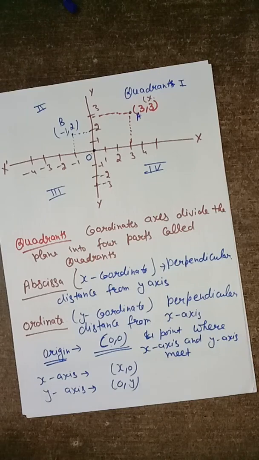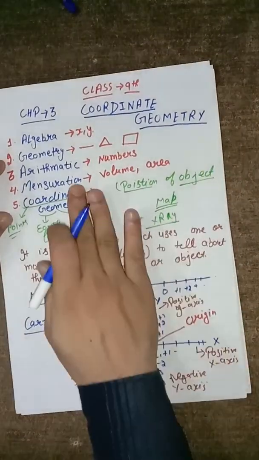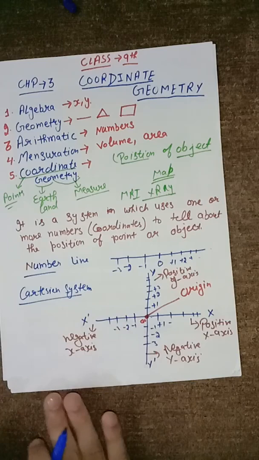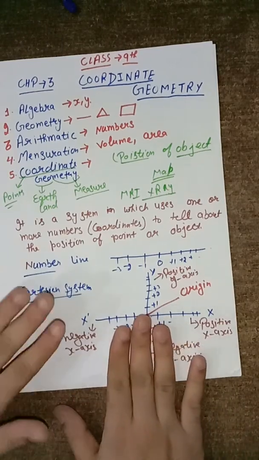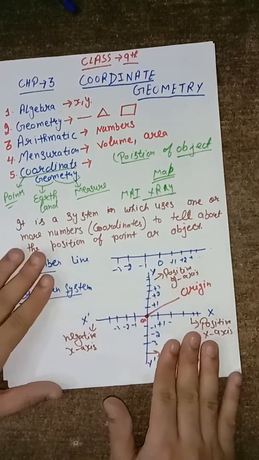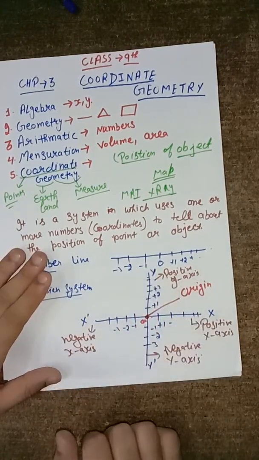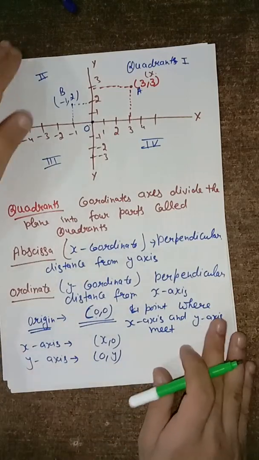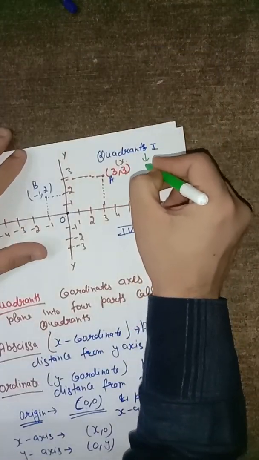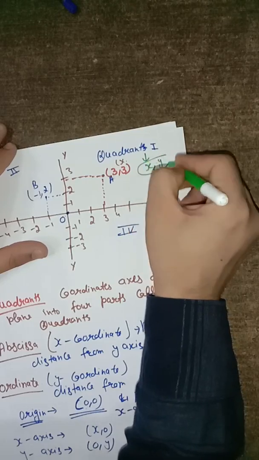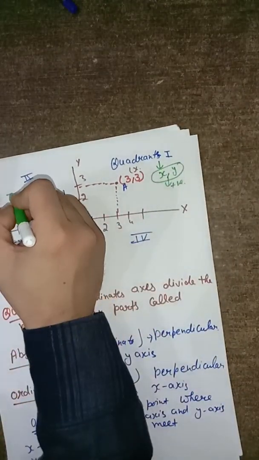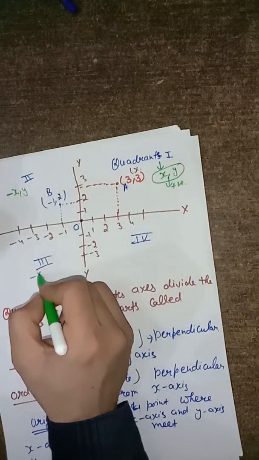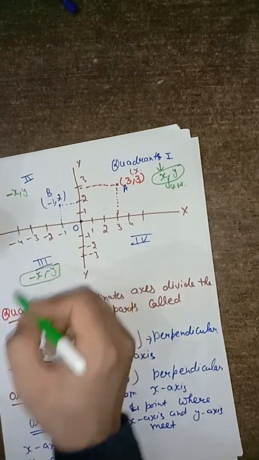Okay students, so in the first slide we discussed the meaning of coordinate geometry, and then we went to the Cartesian system, in which we discussed that a plane can be divided into 4 parts which are called quadrants by the coordinate axes. And in first quadrant both x and y are positive, in second quadrant this will be negative x and positive y, in third quadrant x is negative and y is also negative, and in fourth quadrant